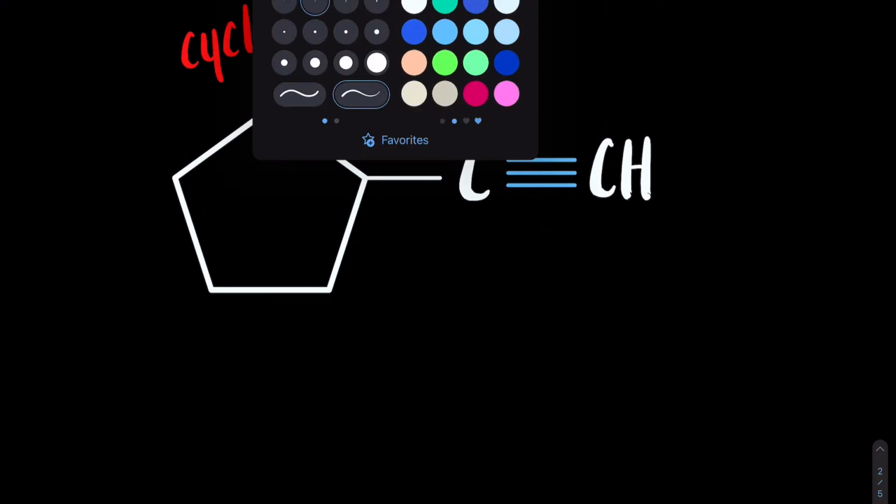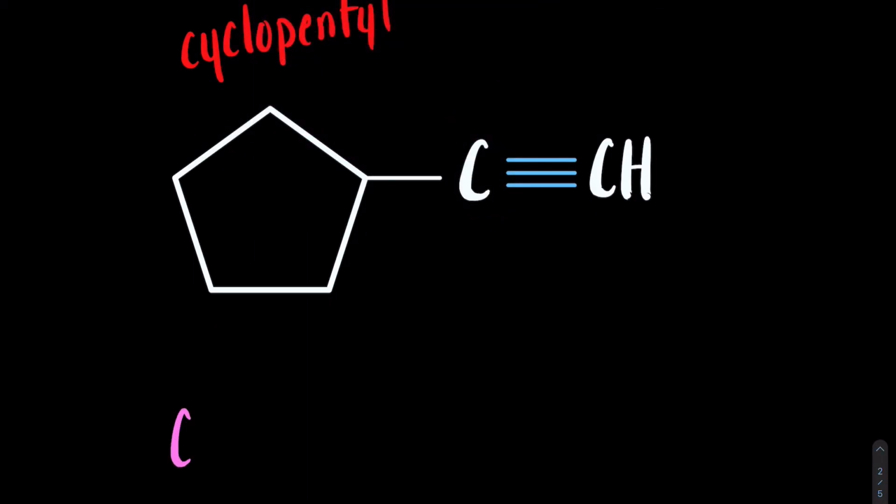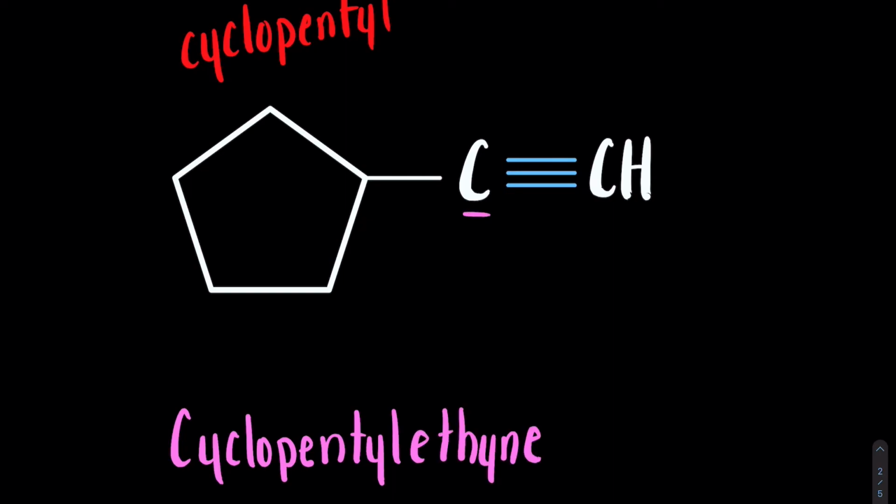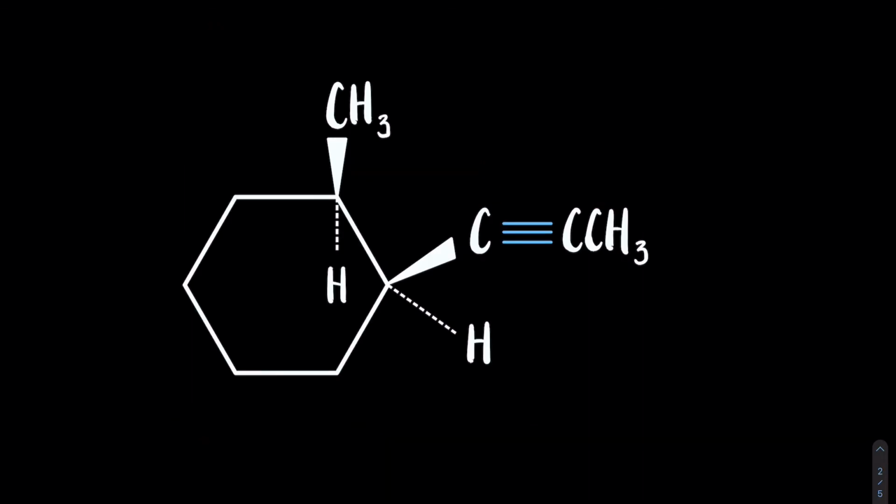So the name of this molecule is simply cyclopentyl ethyne, because we have 2 carbon atoms and the triple bond. So it gets the name ethyne, cyclopentyl ethyne. So let's look at this one. We have a cyclohexane ring. So this is going to get the